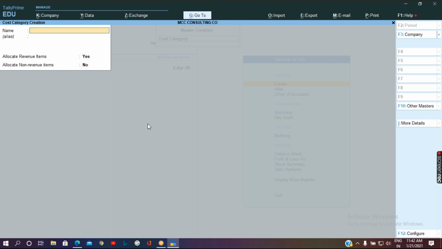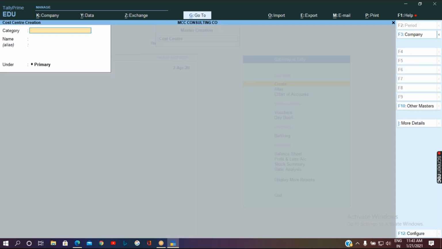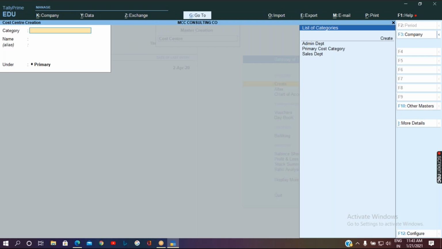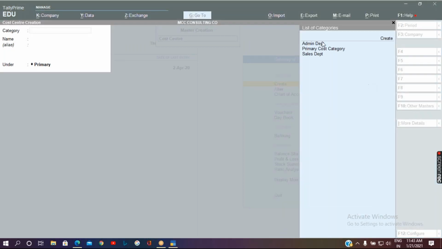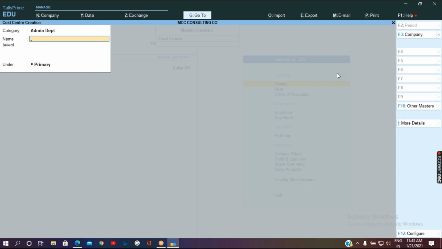So now next, we will create the cost centers. When I am going to create the cost centers, it is mandatory that I specify which cost category it relates to. So let me take, for example, admin department. In the admin department, I will be dividing into two parts.